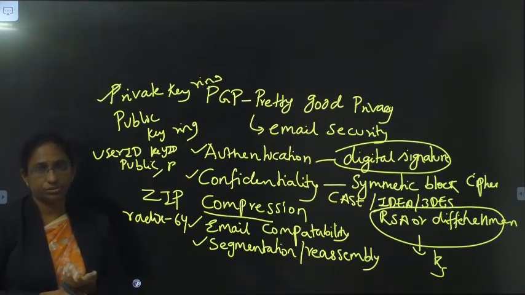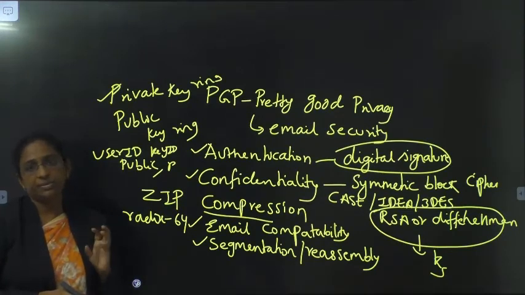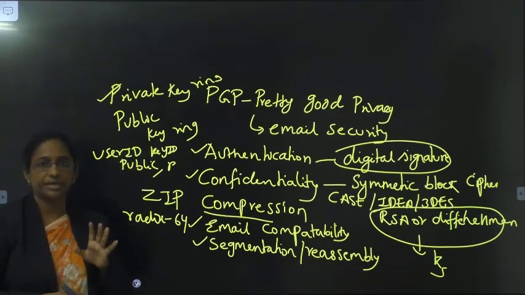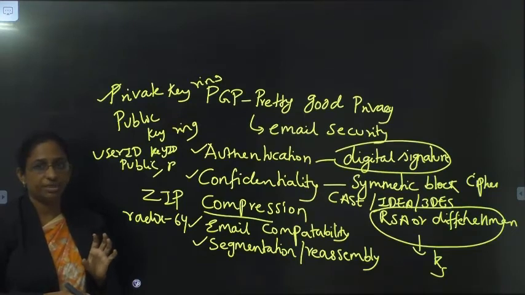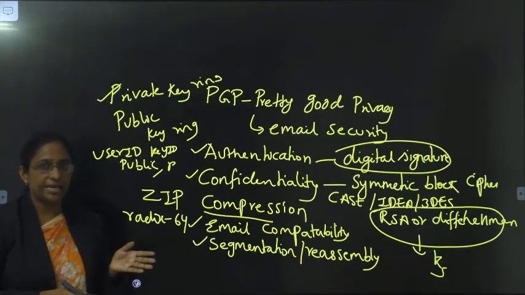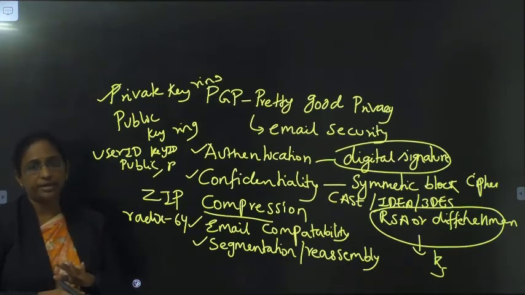All those certificates will be stored there, and in PGP there is no certification authority. The certificates will be signed only by the members in that ring. So if there are Annie and John, Annie can sign John's certificate. The certificates field consists of the information of that certificate. Similarly, we have the certificate trust: if Annie has signed for John, the trust of that Annie will be stored in the certificate trust.